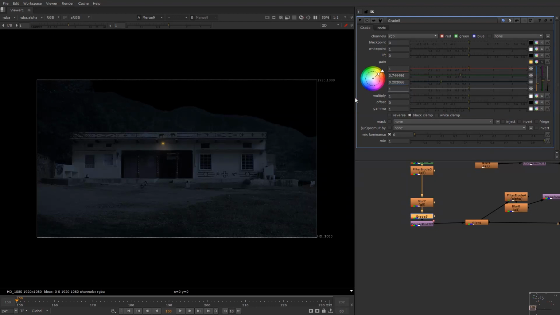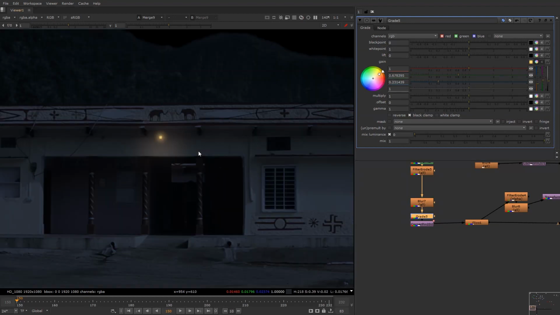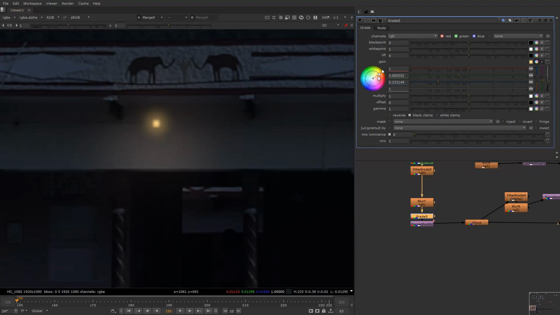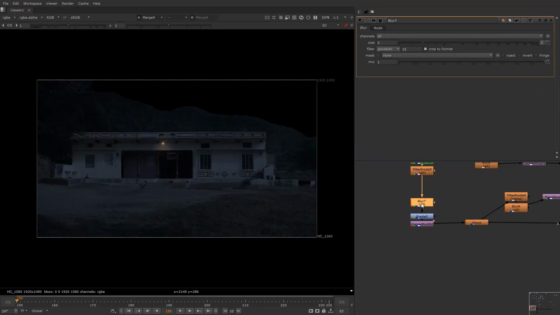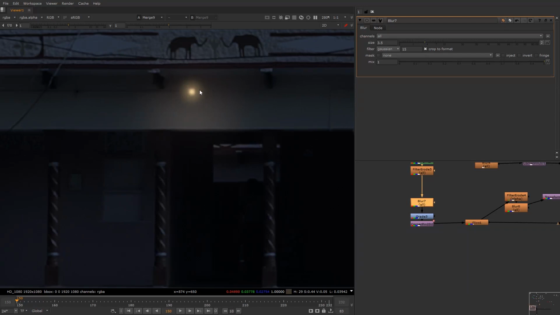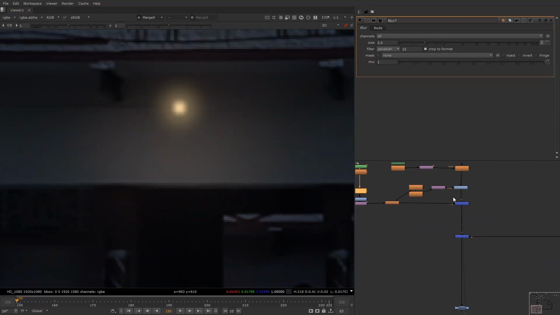Now I need to slightly work on color, which is yellow. Definitely I don't need it to be yellow, slightly like this. Okay, blur it slightly more. So this is a bulb right now and it's creating certain lights. Now the most important thing,